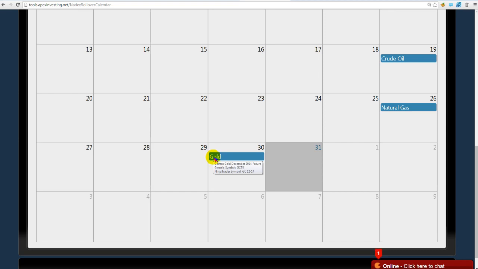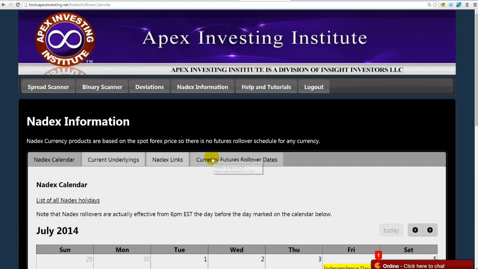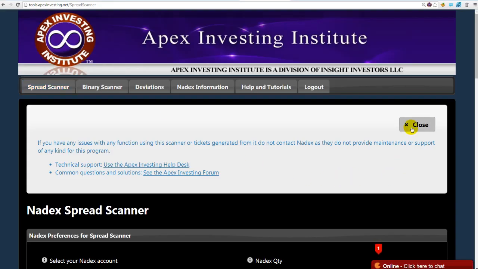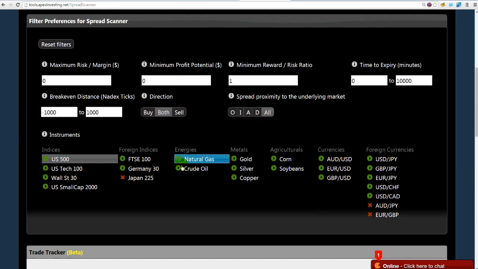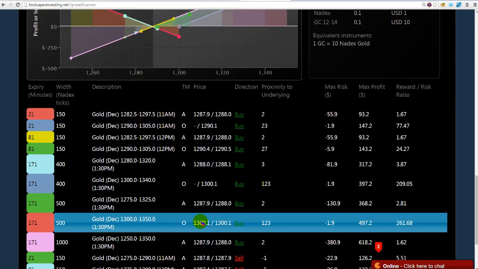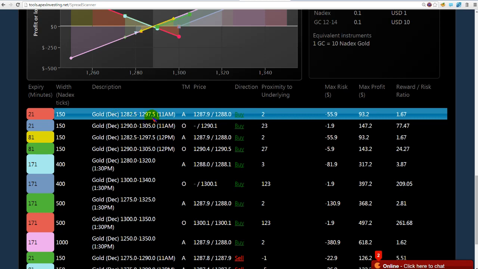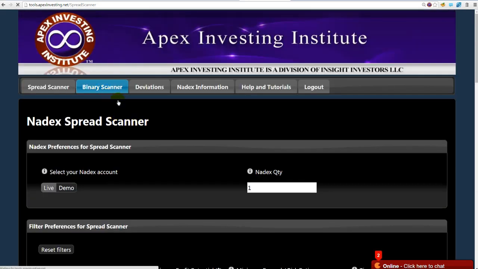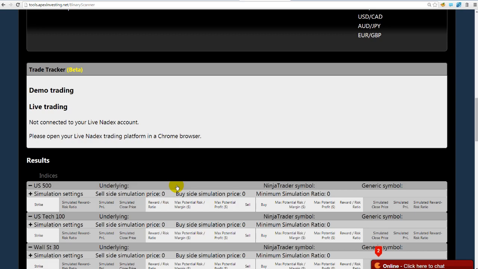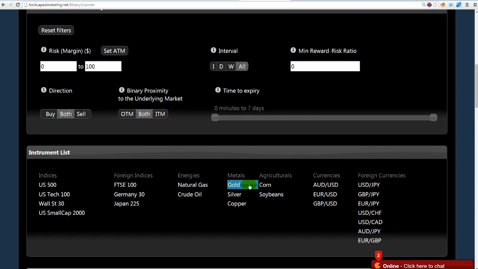And so you'd want to roll over that day. You'd also see it inside the name of the contract if you're trading, for instance, on Nadex. So if we pull up any one of the positions over here, what you'd notice, and yeah, I've got my live account on my other computer over here, is that it'll say the word December in the name of the contract on binaries, and if we choose gold,